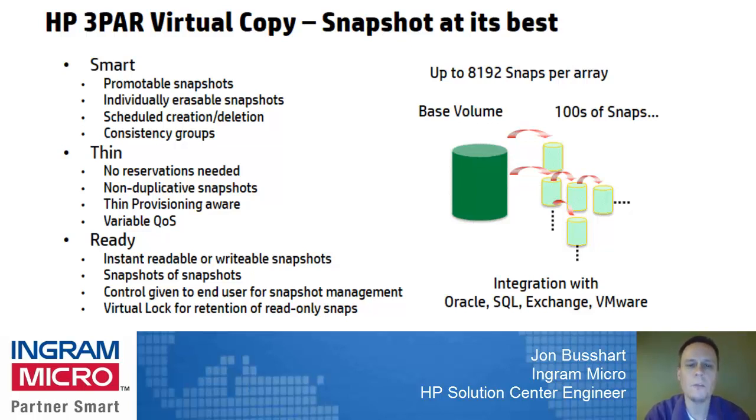Today we're going to talk about virtual copy, which is certainly a snapshotting technology, meaning that I could have a base volume and take a virtual copy of it, kind of freeze how it looked in time, and then the changes would get written to these individual virtual copy spaces inside the storage system. And then I could create another virtual copy off these virtual copies within the environment. So this is a space-efficient way of doing snapshotting technology, but we still have a lot of flexibility